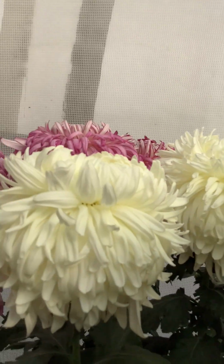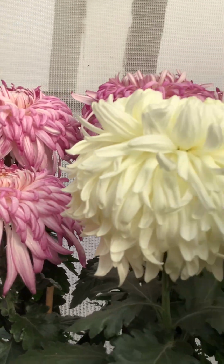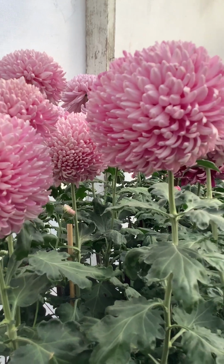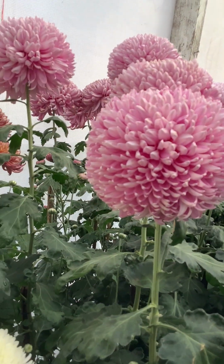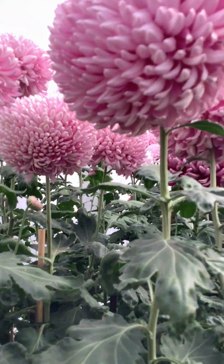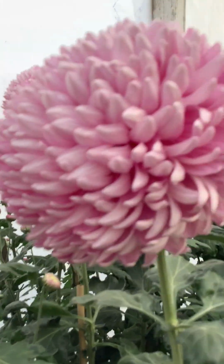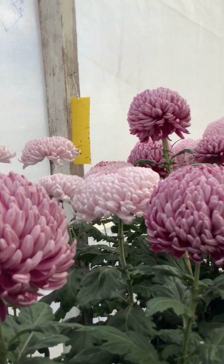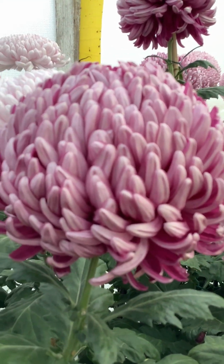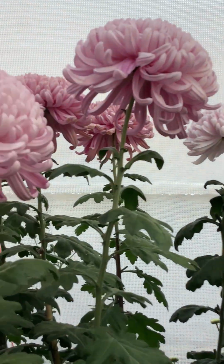Over the back is one I named after my mother a few years ago, Elsie Seaton. Coming into the 3s, this one here is one I released last year, and it's called Seatons Pink Bliss. We'll go further down. This is named after my other dog, Seatons Billy. There's a better flower on the end I'll put in a minute. One coming out just here